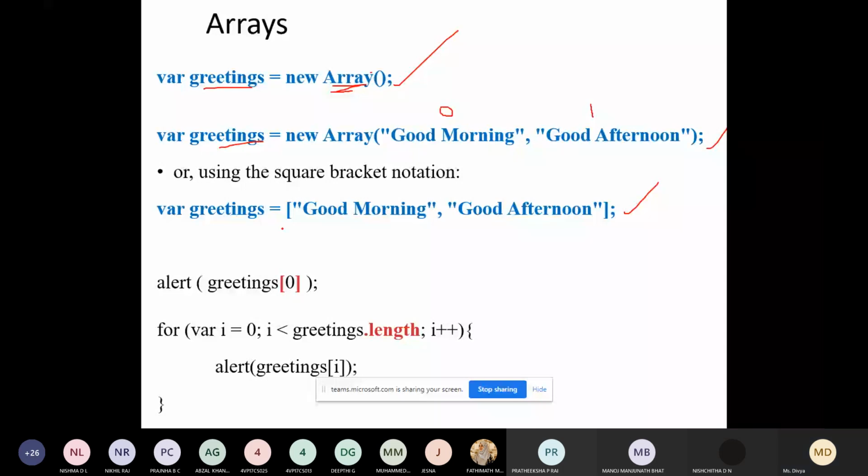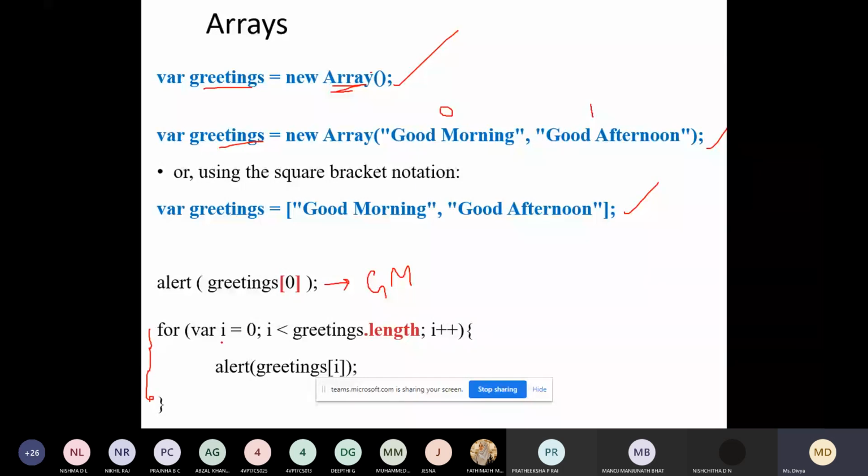Now suppose I give alert greetings of 0. What will it display? It will display good morning. Similarly, if I give greetings of 1, then it will display good afternoon. If I want to display all the values in the array, I can use a loop, a for loop.